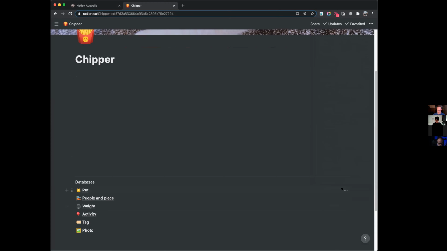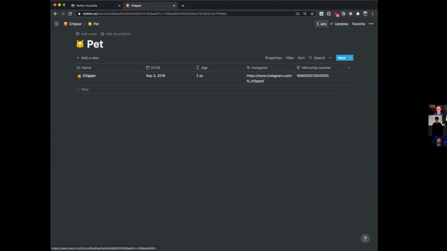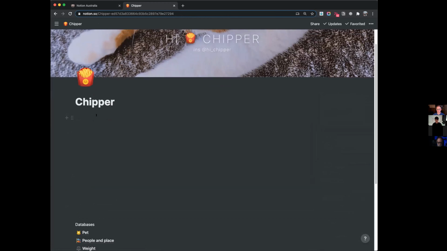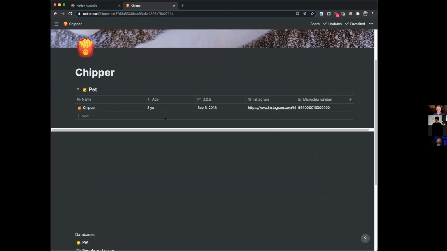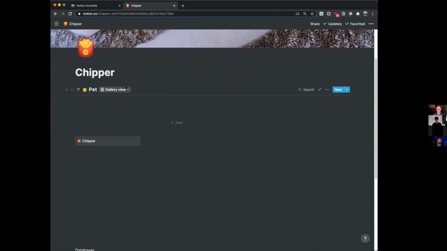So I'm gonna copy this database by clicking on copy link, or you can go into here and then click copy link to view again. I can do that because this entire page is its individual database. I'm gonna copy it here, create linked databases. And then we want to trigger the gallery view as I've just described. And we don't really need a table view anymore, so I'm just gonna delete that.